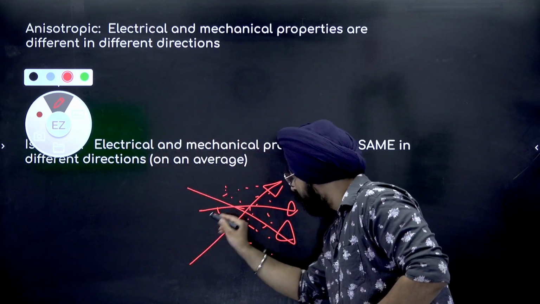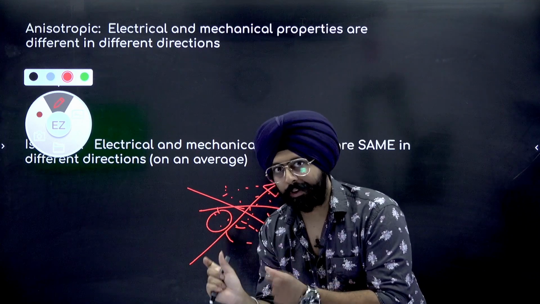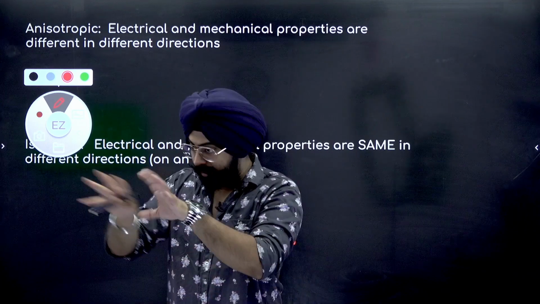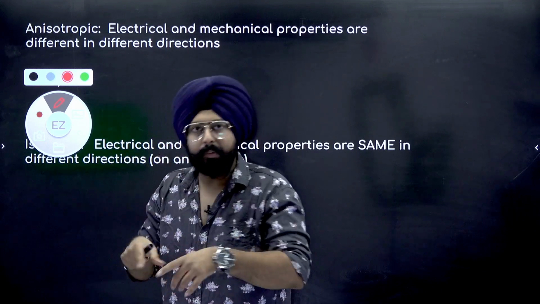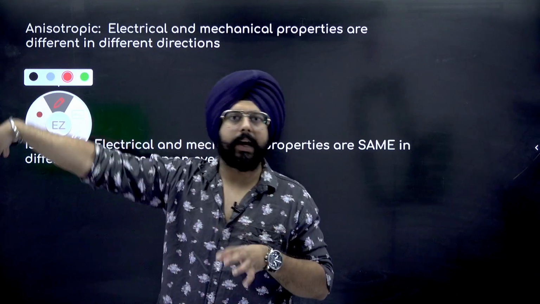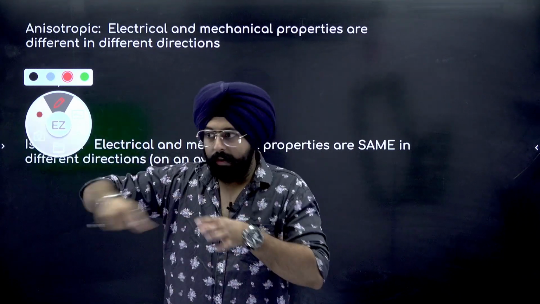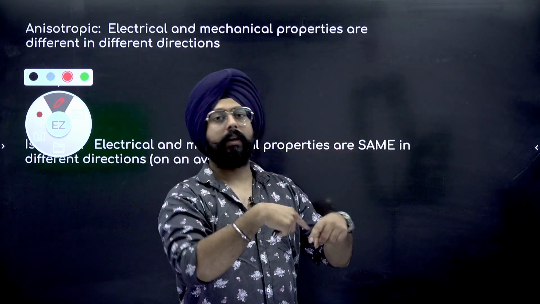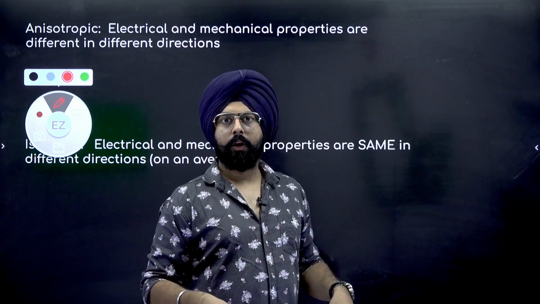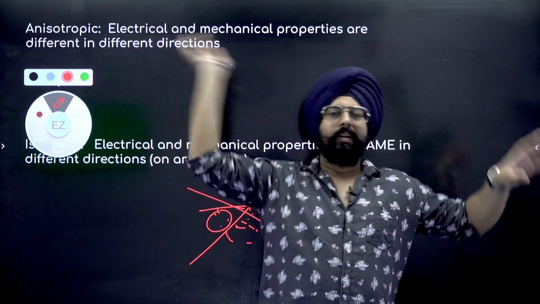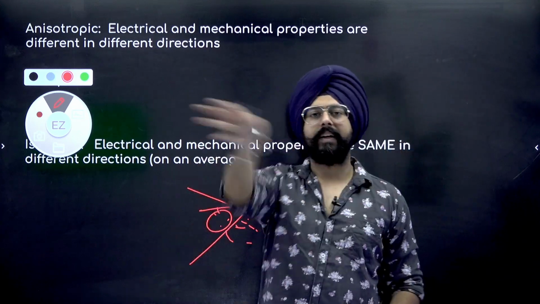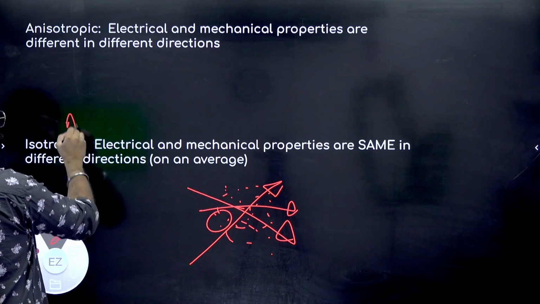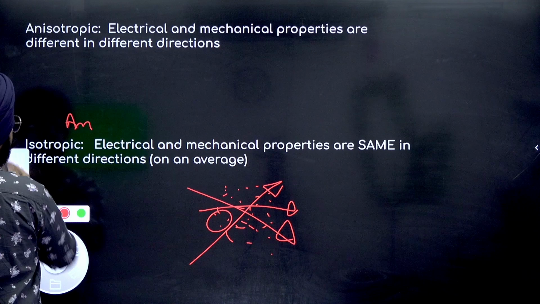If you zoom into a certain area, let's say, then you will find some order. Then you will find some pattern. For example, you come to a place in the mela where there is a very popular stall. So over there, people will be arranged, let's say, in a queue, waiting to get to the stall. Fine. So over there, you might find some arrangement. There might be a show going on at the other corner of the mela where people are sitting in properly arranged chairs. So there you will find some order. But overall, the amount of randomness in every direction is going to be the same. And that is why we say that amorphous solids are isotropic.